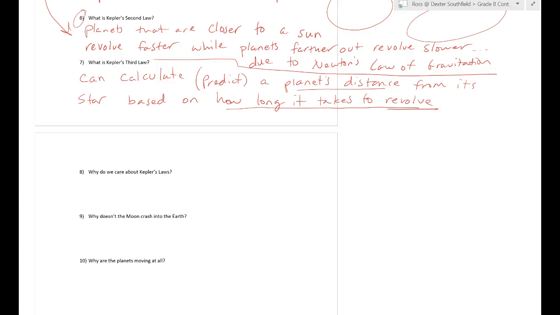But if we are looking out into the universe and we're looking at different solar systems and we're looking at different planets revolving around different stars, we want to know which of those planets are too close or are too far, and which of those planets are just right. Just right for what? Just right for life. Right? If they're too far away from a star, it's going to be too cold. Liquid water would freeze. If it's too close, liquid water would actually burn off,